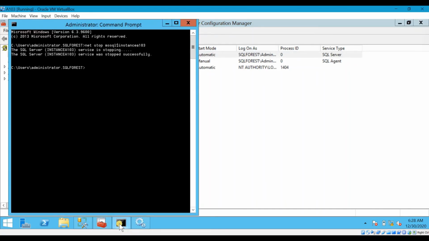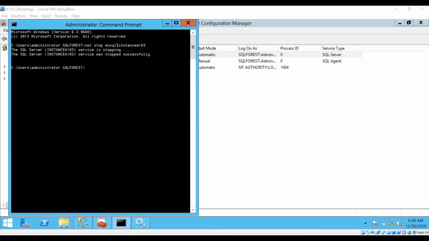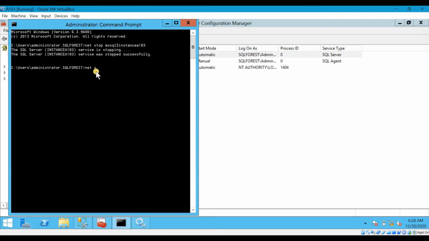And now you need to start the SQL Server using single user mode. For that, type net start, give the SQL Server name MSSQL$instance name.